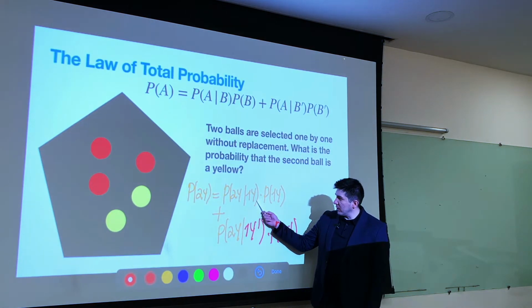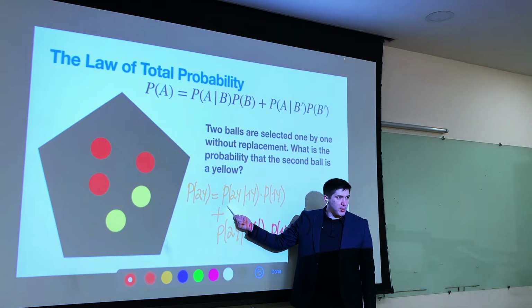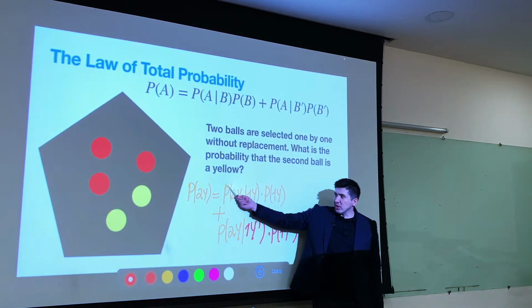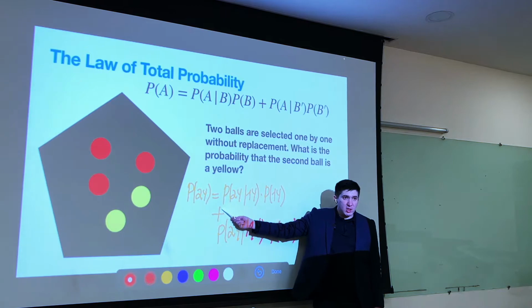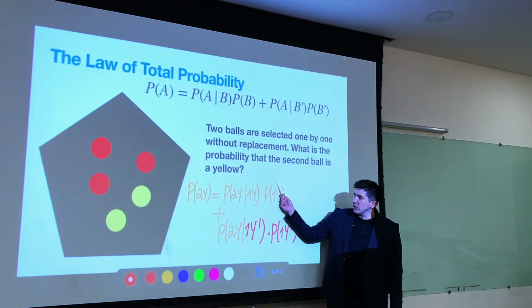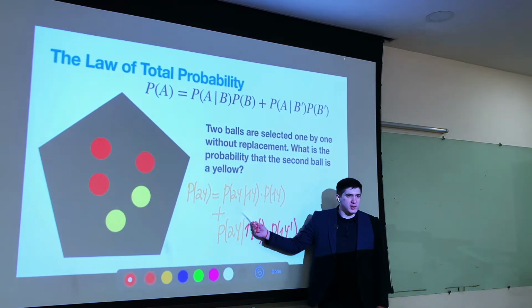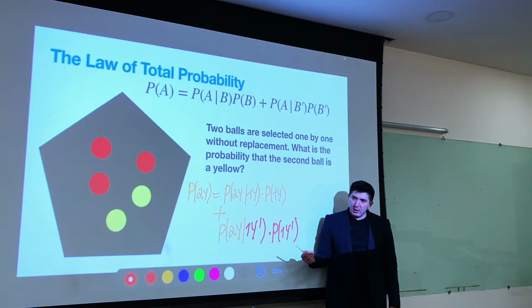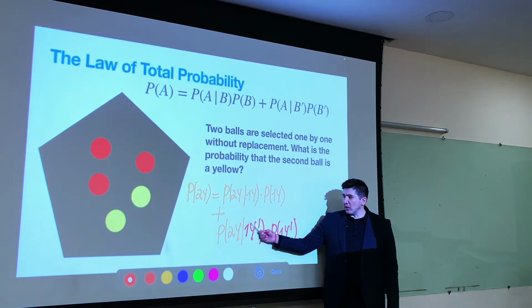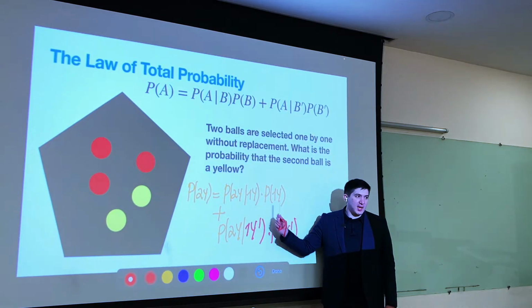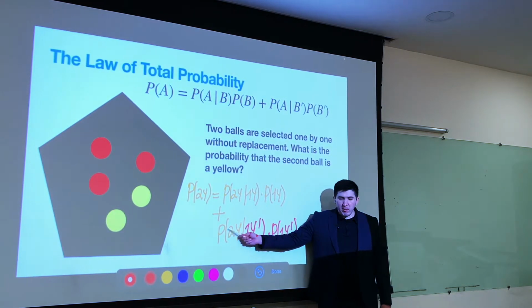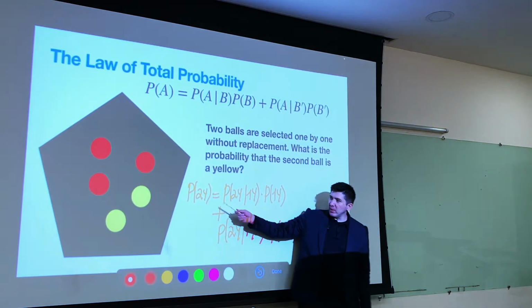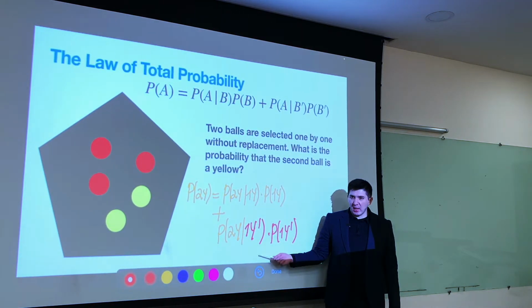Either the first one is yellow, then the second one is yellow, and the probability is going to be like this. So this multiplication of these two numbers means you're choosing the first ball as yellow, second ball as yellow. Or it is possible that it happens when the first ball is not yellow, and the second ball is yellow. So this is this probability. The second ball can be yellow either in this case or in this case,